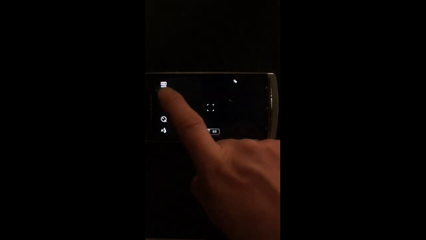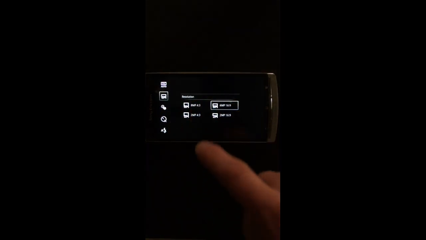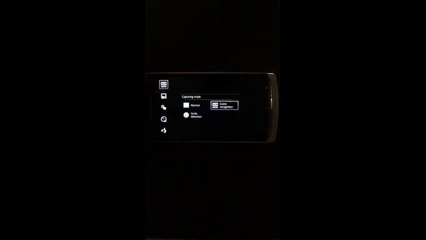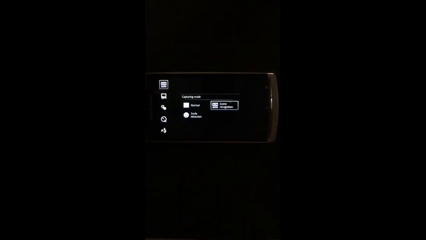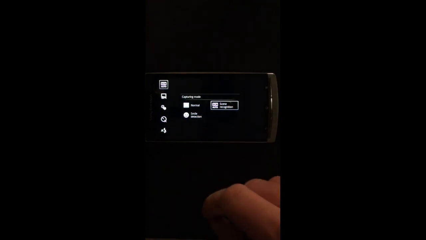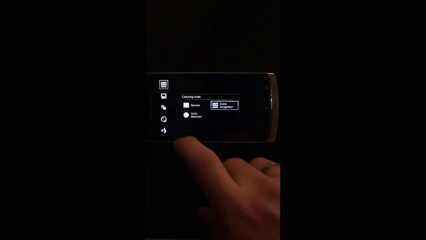This icon here gives you access to touch capture, whether you want to have it or not. Up here is the resolution. 6M means 6 megapixels. And you can change it here if you want to. Again, you just press something and it simply changes. Pretty easy to understand. And up here you'll have something called SCN Auto. So this means that the camera detects which scenery it is. The camera here has it, the video camera doesn't,